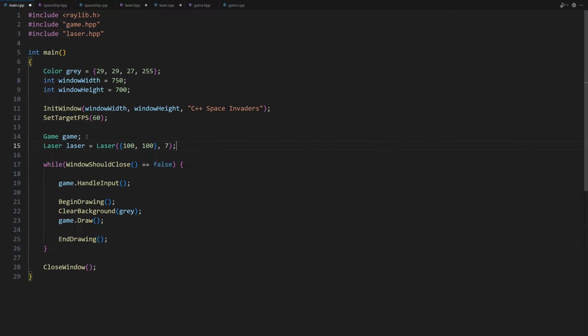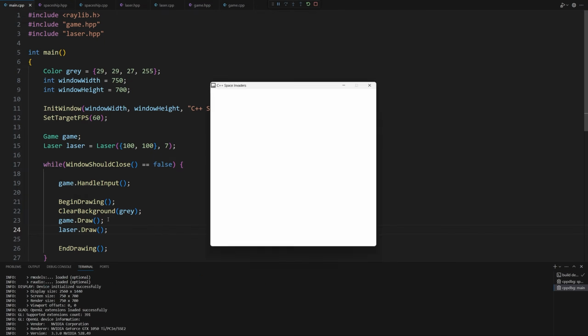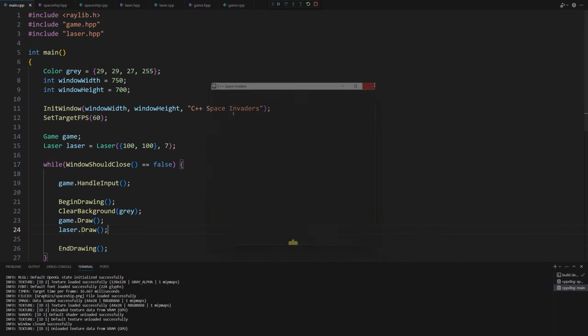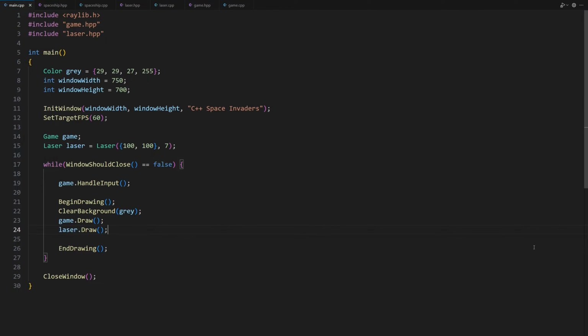Now let's draw the laser. Inside the game loop, after drawing the spaceship, let's draw the laser. Laser.draw. If we run the game now, we can see that a laser beam appears at the top left corner of the screen. Beautiful. But the laser beam is not moving even though we have provided the object with a speed argument. That's because we haven't implemented the update method yet.